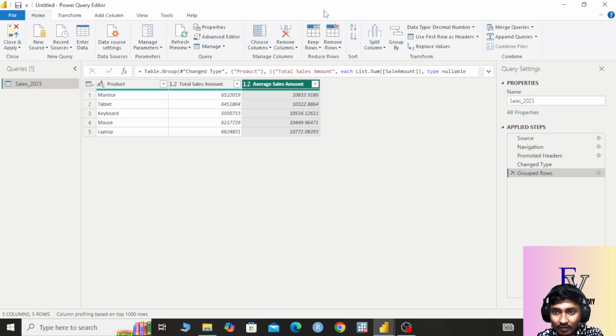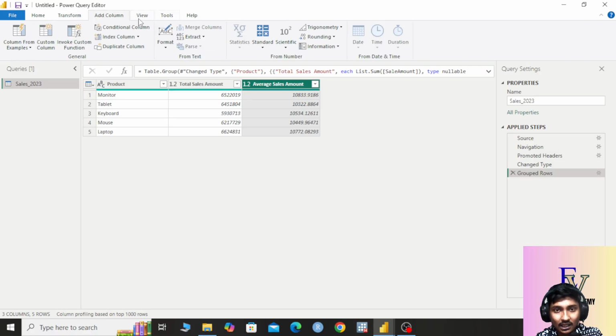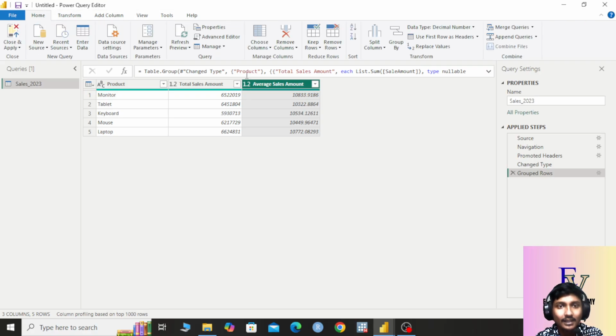After completing this transform part, we will go to the transform or add column or view parts. Okay, so up to this, if there is any doubt, you can just contact us or leave a